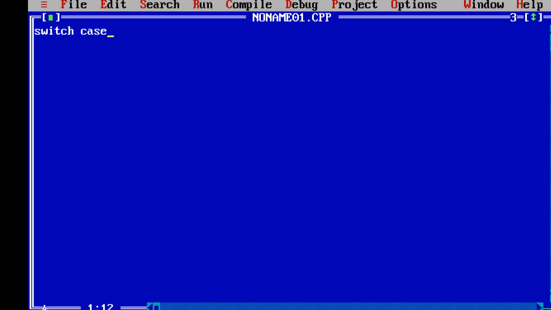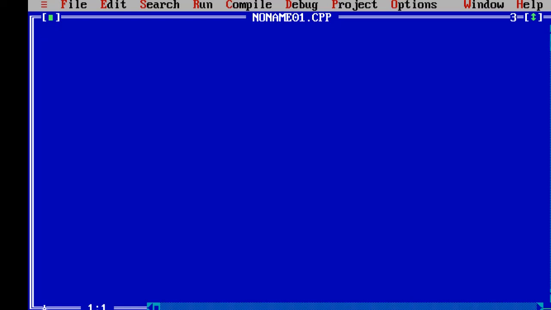The difference between if else and switch case is that switch case is for multiple options and if else is used for decision making. Whenever we have to decide whether this or that, then we use if else. And switch case is for whenever we have multiple options and we have to choose a single one from them. Both of these are categorized under conditional statements. Let's do it.